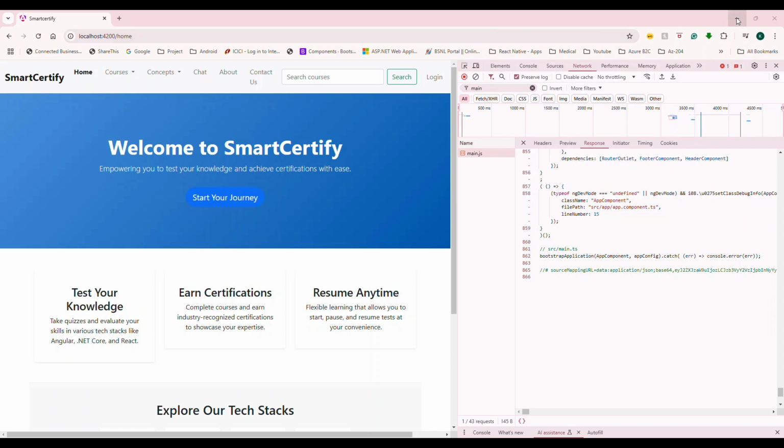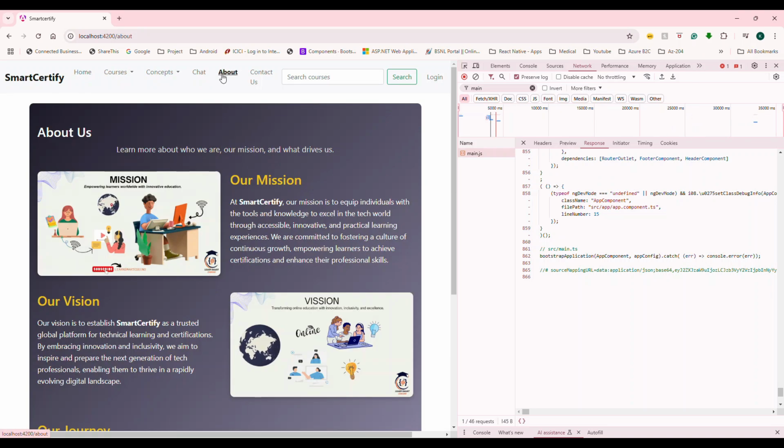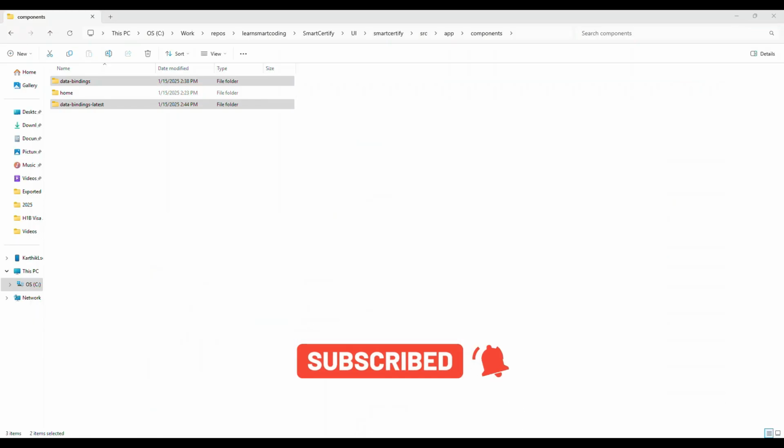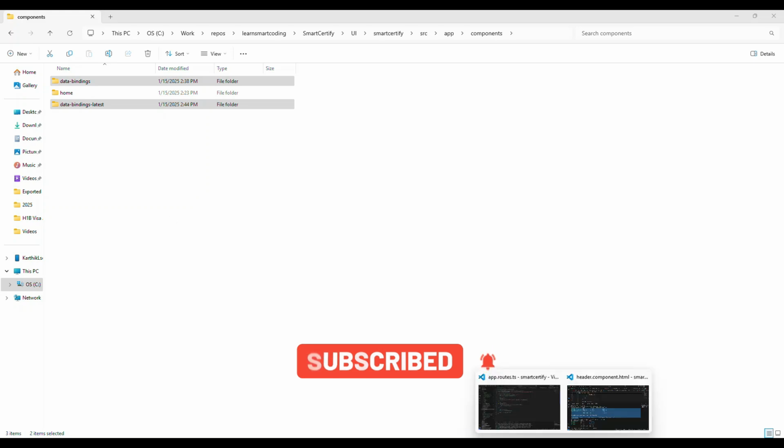So lazy loading is when you go from this place to this place. For example, about: only when you go to about, its contents need to be downloaded. When you go to contact us, the contact us needs to be downloaded. Other than that, we are not supposed to download any of these things. So for that, all we have to do is,